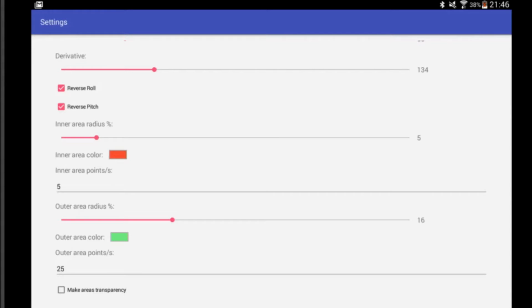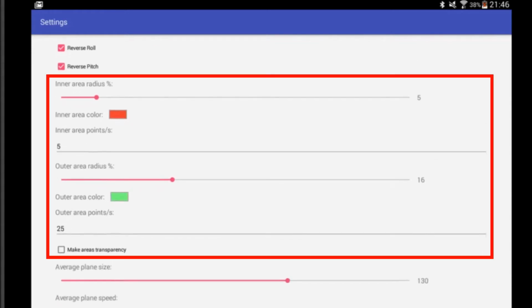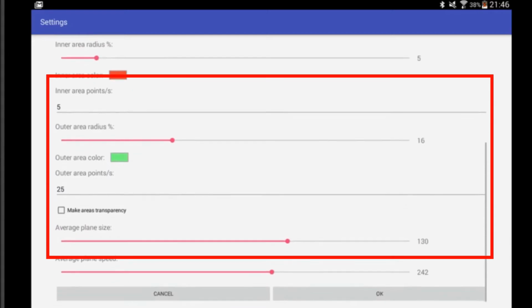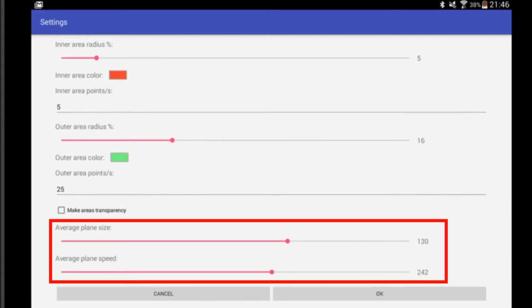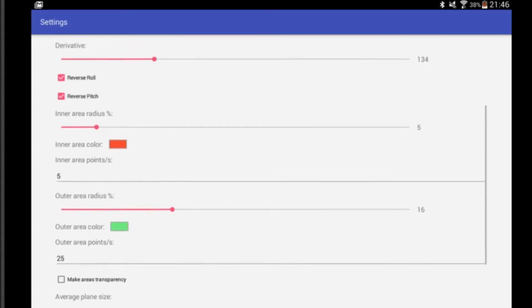Then we've got the scoring zone settings, so you can change the radius of both the green and red scoring zone as well as the points accumulated for each of those zones. And finally we have plane size and plane speed. By increasing either of those, it makes for a more challenging game. So let's go back up to the